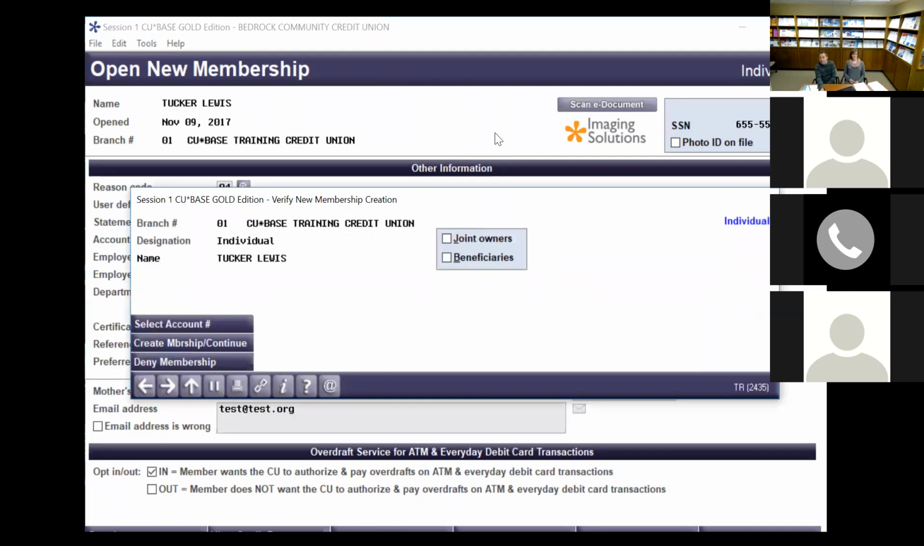All right, so this is where we can ultimately give the member an account number or deny the membership. Let's say for whatever reason the member did not qualify for membership, you can select the deny membership, which will take you into the deny membership form that you can fill out and then hand to the member. For this, we are going to create the membership. So if we go ahead and select the create membership and continue,